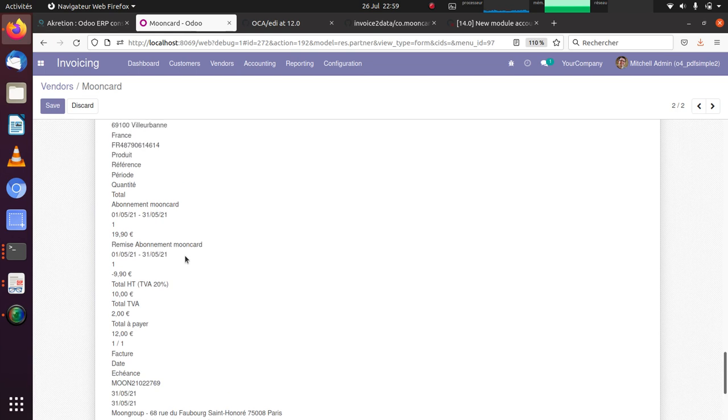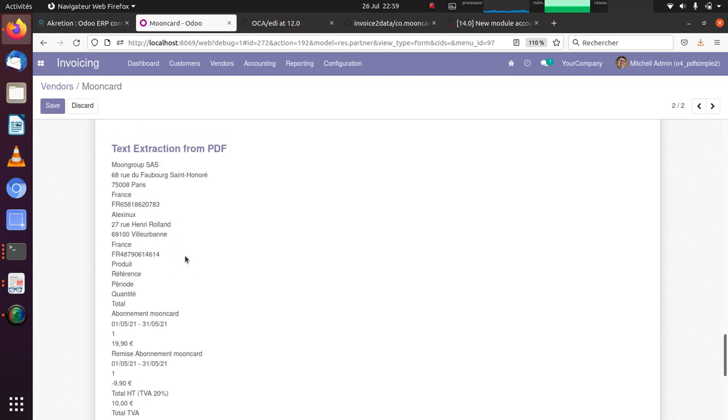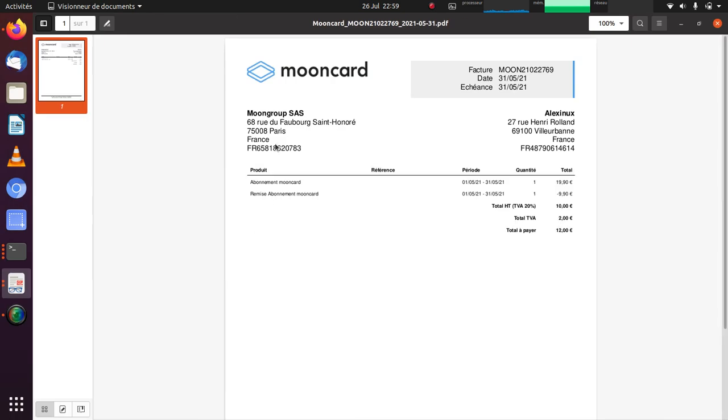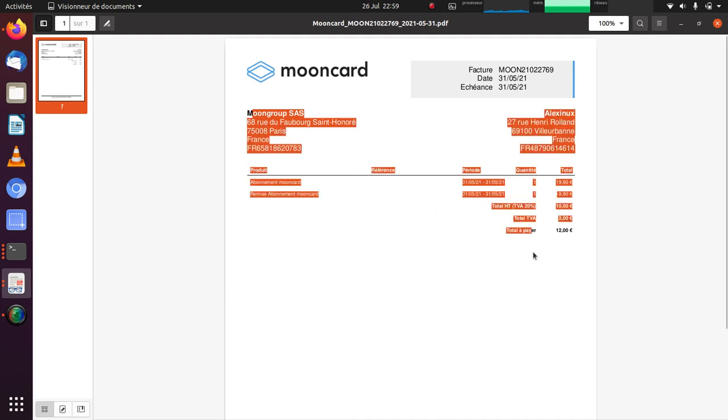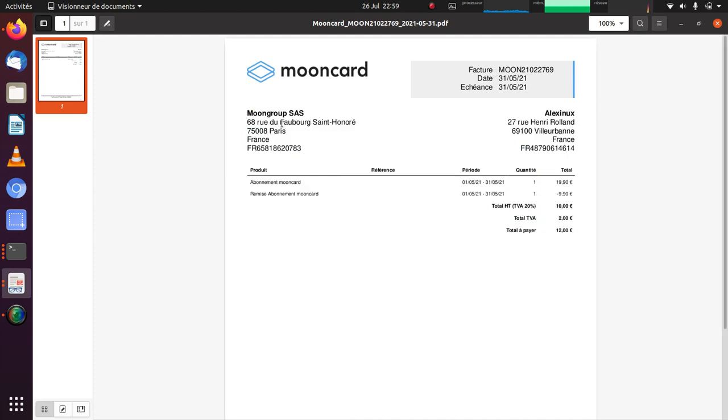Something interesting to see here on this invoice is that, look, when I select the text from my invoice from top to bottom, it will start here, Moon Group, etc. But this square at the top right, sometimes you see it hasn't been selected.